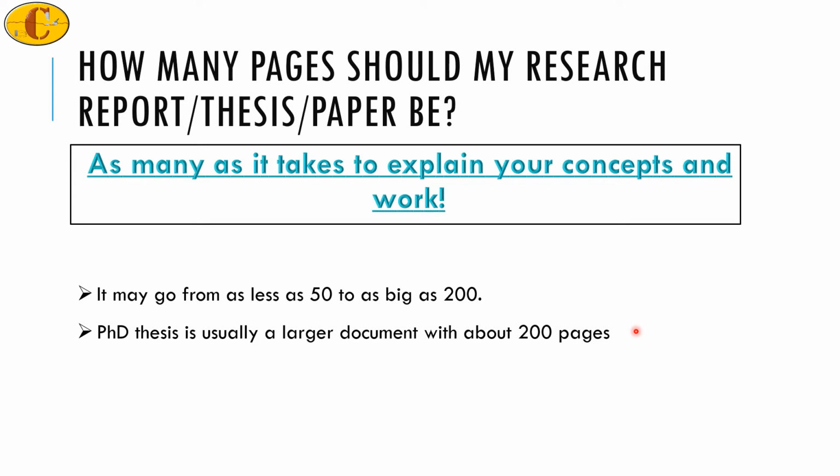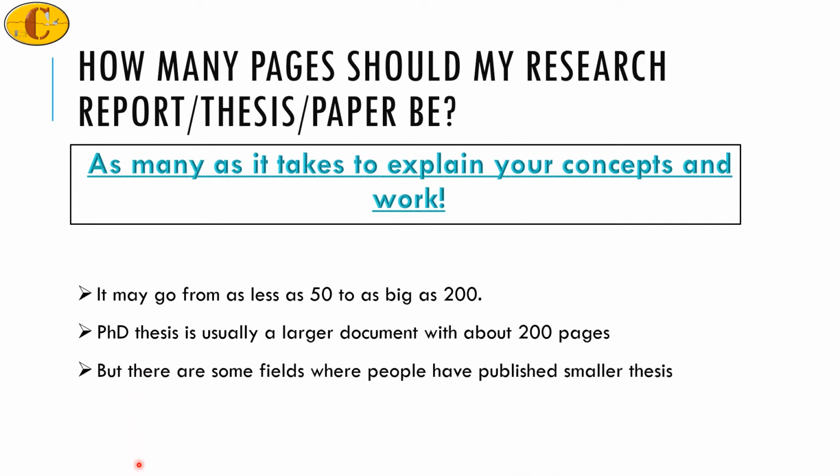For the other research fields such as postgraduate masters or bachelors or interns, if they are not involved for a long time in research, they can be about 50 on average. It really depends on how much work you have done and if you really need to put all of it into the report. Hence, when people do not have a lot of experimental work done, they will publish smaller documents. Even the PhD thesis may be really small.